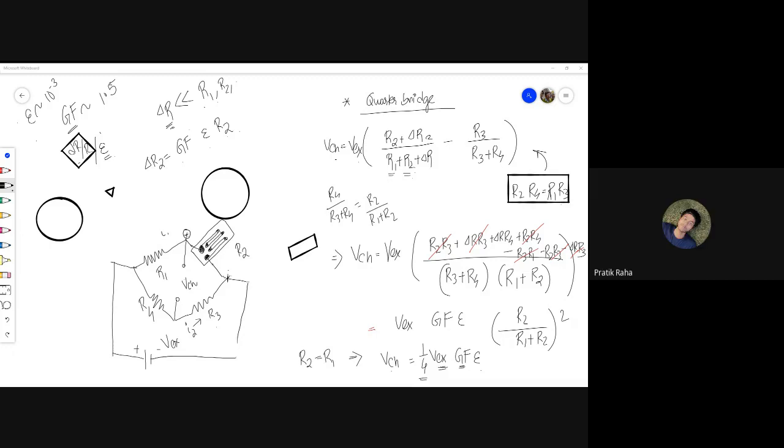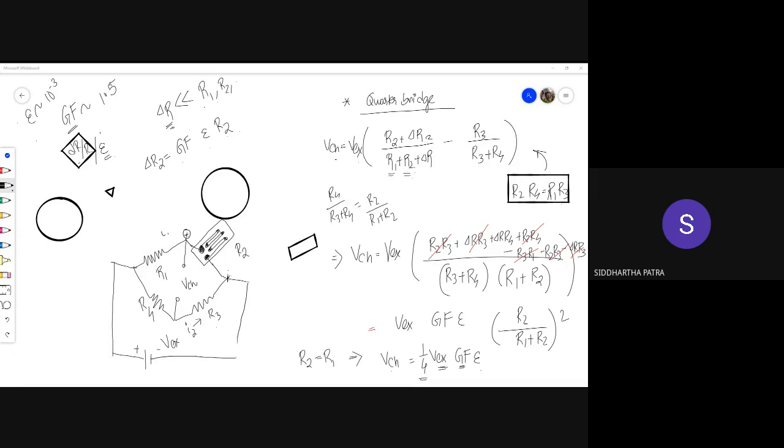Sir, in the second line we neglected delta R. Why did we neglect delta R? See, the gauge factor is 1.5, that is, of the order of 1, and the strain is of the order of 10⁻³. Now look at the expression for delta R2: it is the gauge factor, which is of the order of 1, times epsilon, which is less than 10⁻³, times R2. So delta R is smaller than any of the resistances. That's the point. Delta R may not be an infinitesimal quantity, but it's still a small quantity of the